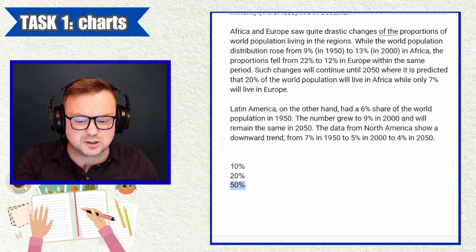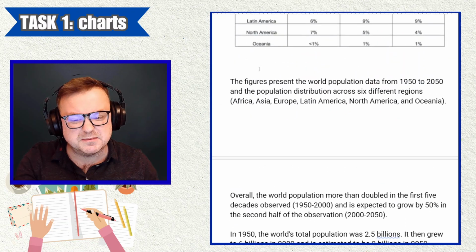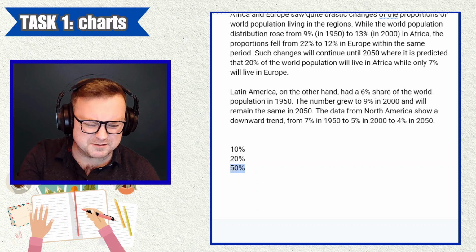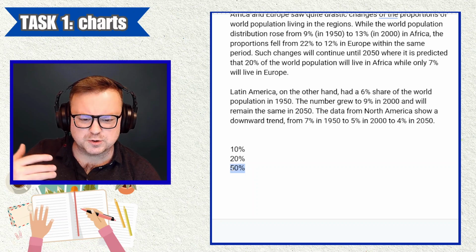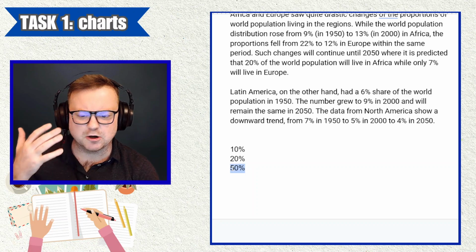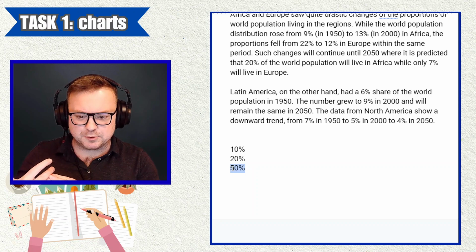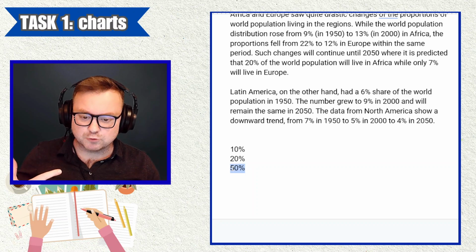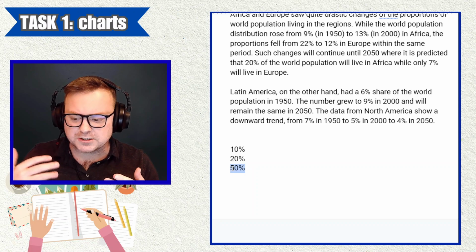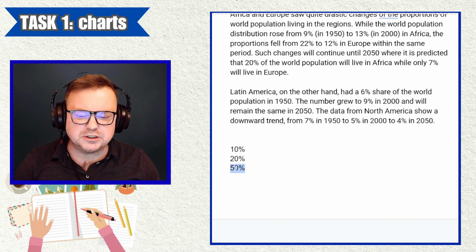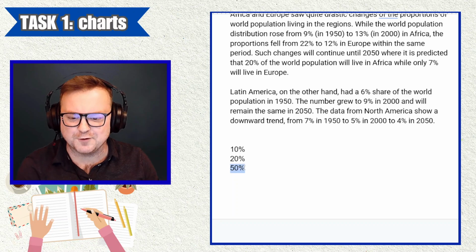Do you think it's okay to go over the recommended word count or the minimum word count by more than 50%? I don't know. If I was doing this task and I saw that I had gone over the word count by more than 50%, I would think to myself immediately, okay, I need to go back to the table here and understand how to write this task, because I'm obviously doing something wrong. I'm adding too much detail and I need to write in a more concise way, or I need to select fewer key features. I would certainly not hand my work in to be checked if it was more than